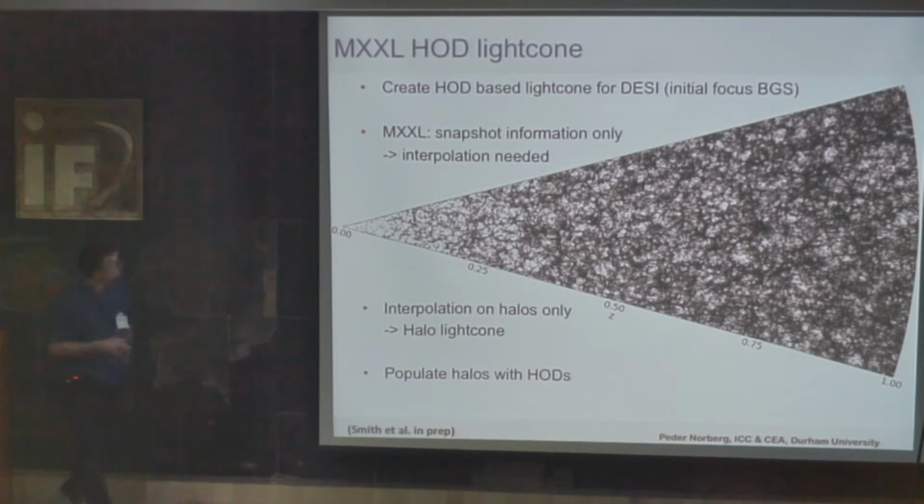Anyway, the MXXL HOD light cone. First of all, we create an HOD-based light cone for DESI, with the focus being the Bright Galaxy Survey. Why do I say what the focus is? Because you need to resolve what is needed. In MXXL we have snapshot information only, so you need interpolation. Here we have actually a distribution of